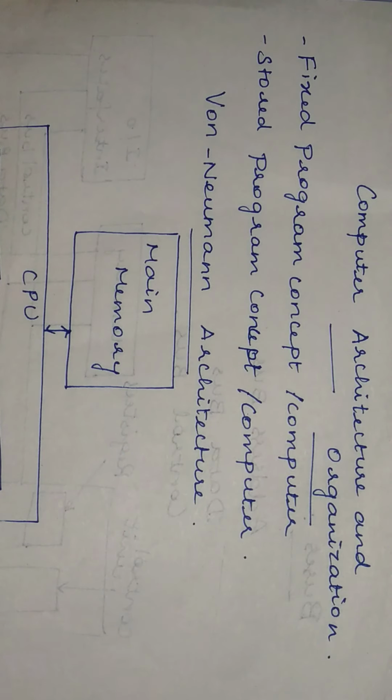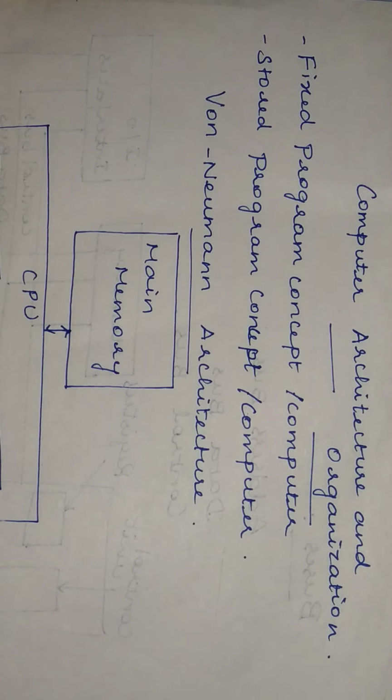Hello everyone. In this video, we're going to discuss the basics of computer architecture and organization. If you want to know about computer architecture, first you should understand what von Neumann architecture is. Von Neumann architecture plays the major role in computer architecture because it acts as the basis for computer design from the earlier days till date. Even nowadays, most modern computers have been developed with the help of this computer design.